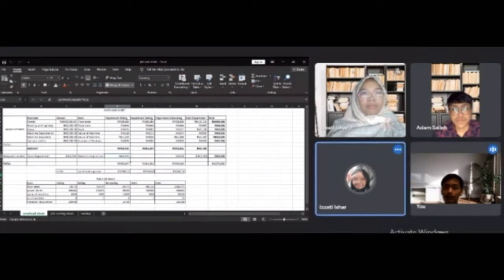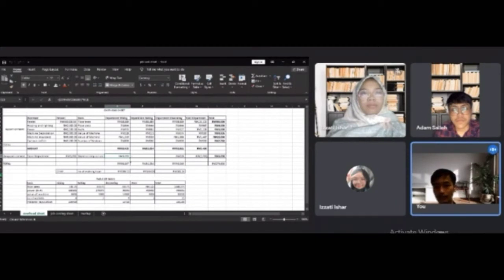So next I will explain about reapportionment. In reapportionment, we want to exclude the non-production department, which is the store department. The suitable basis that we choose is material requisition. So for department mixing, as you can see, the value, and then we multiply by H11, which is 3,490 ringgit, because we exclude the store department.